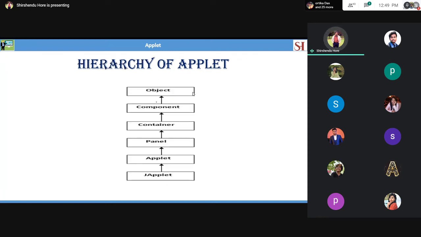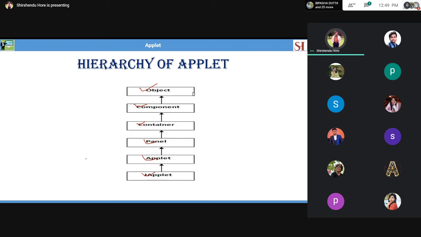And this is a hierarchy. You know already that everything is inherited from Object. Object is the root of all classes. From Object we inherit Component. Container is a part of Component. Then comes Panel. Under Panel is Applet, and under Applet there is another sub part called JApplet.